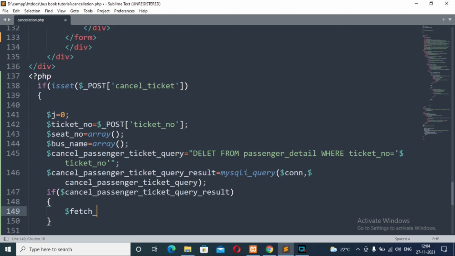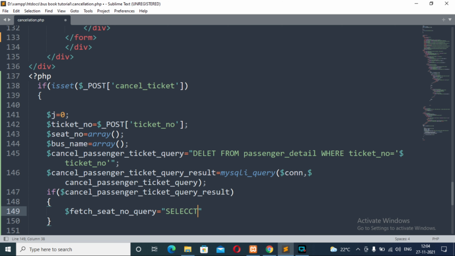another PHP variable, fetch seat number query, and we store an SQL query to fetch the different seat numbers inside the ticket number provided by the user.